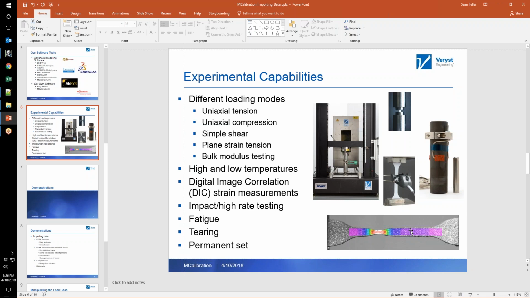calibration between those two. Probably the best way to do it is what's called an inverse calibration. And this is where you create a model in a finite element software of the dog bone itself, and you apply the displacement in the finite element program and calculate the force based on your material model, and then you can compare that. And with a model like that and the appropriate choice of material model, you can get that same necking behavior and then match your experimental data extremely well. So I think that is probably the best way to do it, but it is also the most time-consuming and